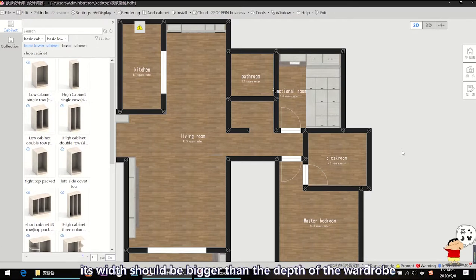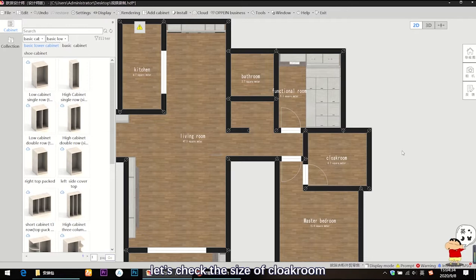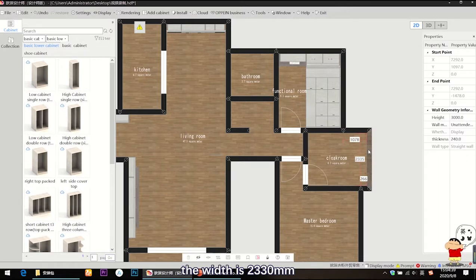Its width should be bigger than the depth of the wardrobe, so that it will not affect the use of the open door. At first, let's check the size of the cloakroom. The width is 2330 mm. The length is 1078